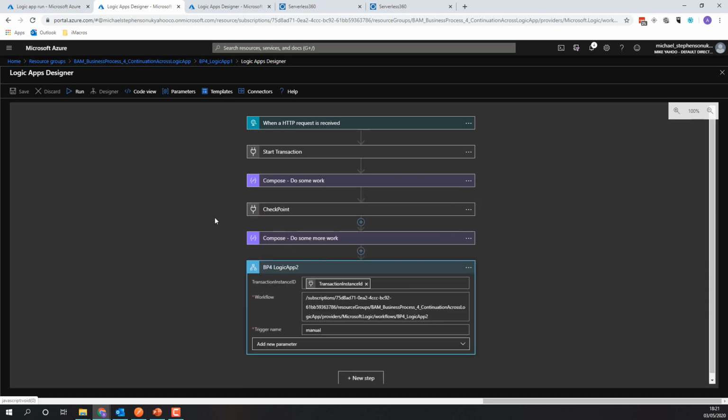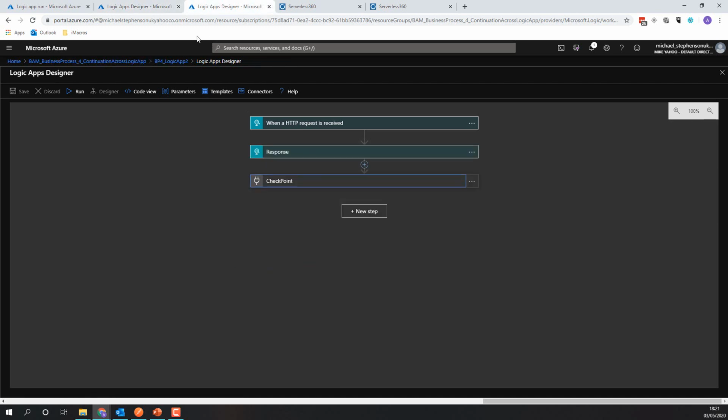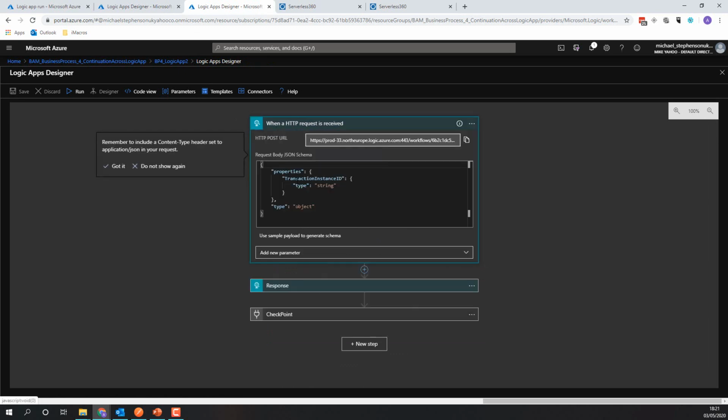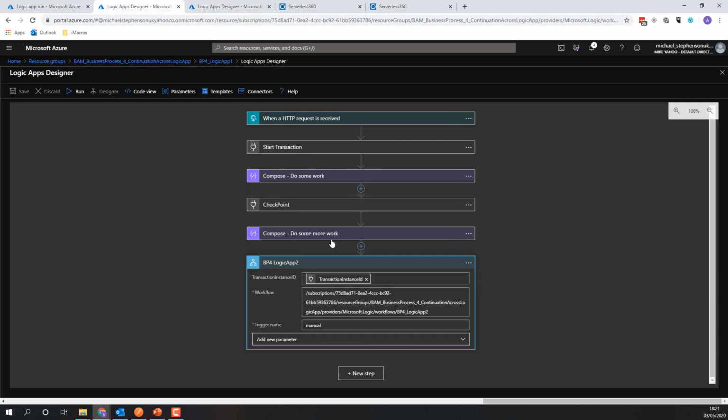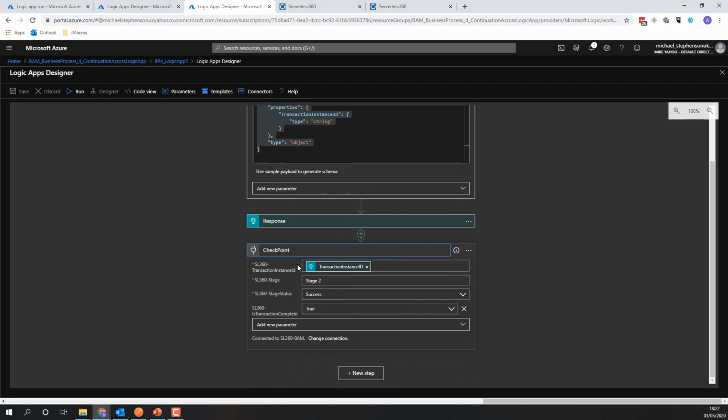When I get to the call to the second logic app, I'm simply passing that as a property. On the second logic app, I've specified a JSON schema for the body, so I get the designer properties and can flow that transaction instance ID through, and it'll get used when we do the checkpoint here, and that'll correlate everything